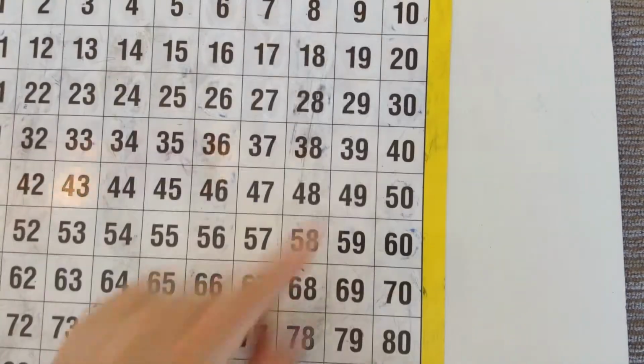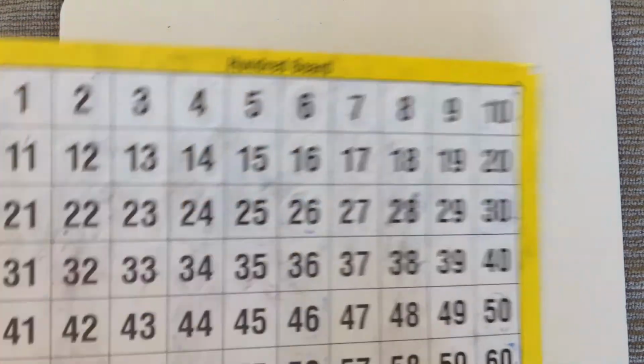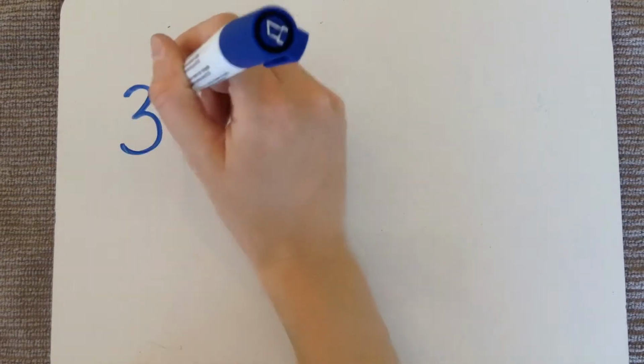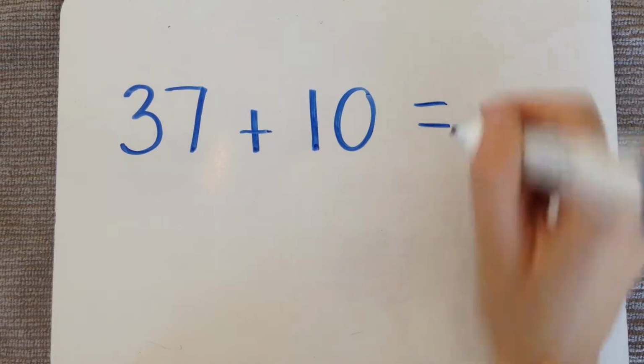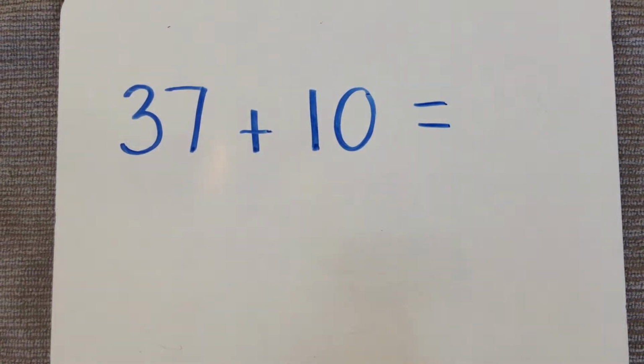But as we said, we don't always have to stick to the multiples of 10 column. We can start from anywhere. So let's pick a different number this time, one that doesn't end in 0. Let's do this one. 37 plus 10 equals. In order to find the answer,